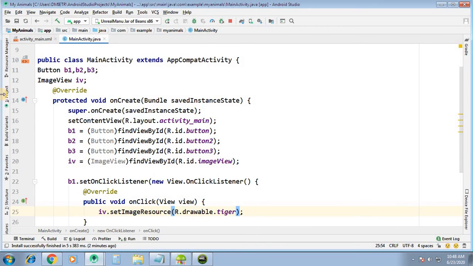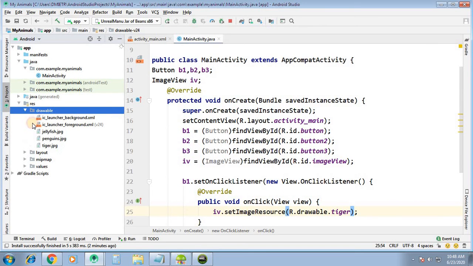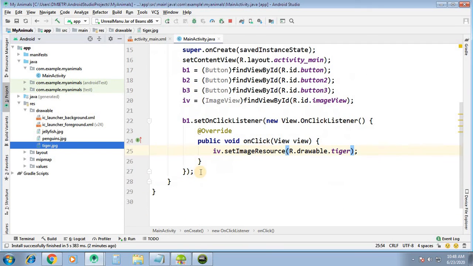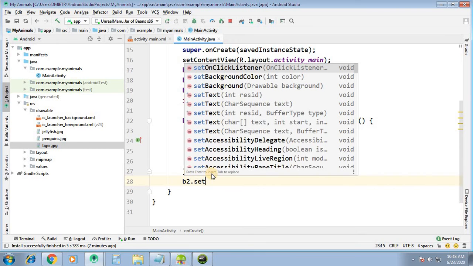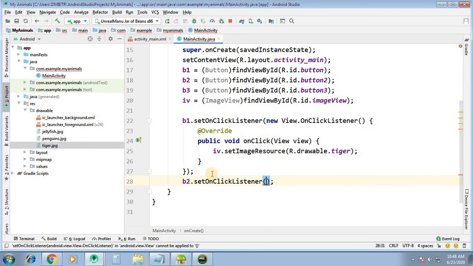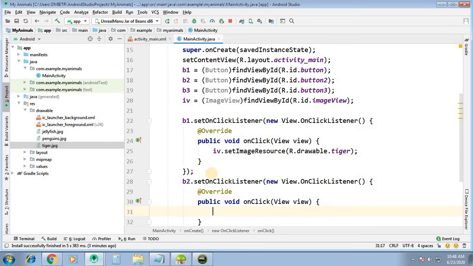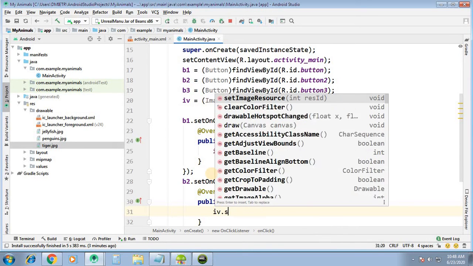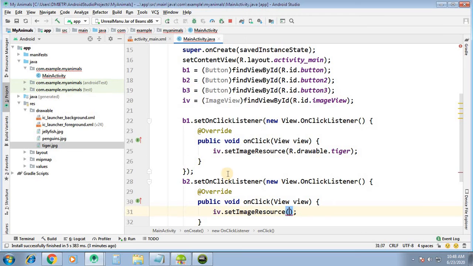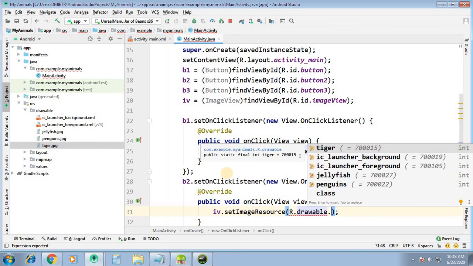You can see in our project, in drawable, we have this tiger. So for B2, setOnClickListener, new OnClickListener. Here IV.setImageResource(R.drawable., now here the second is for penguin.